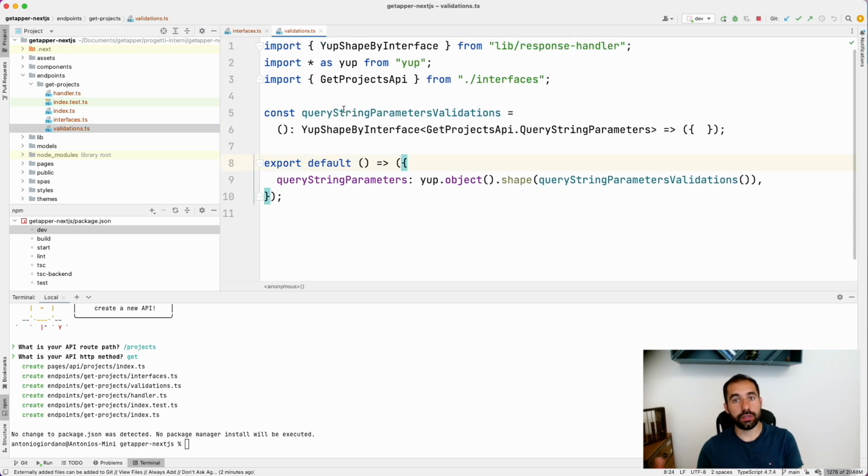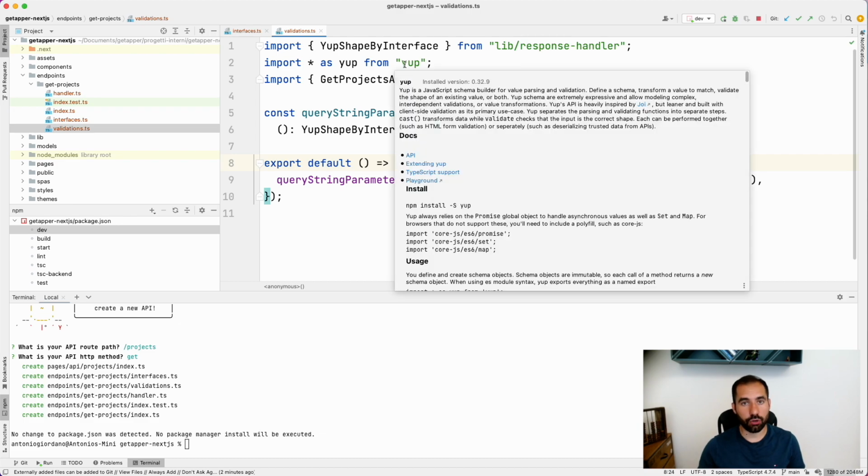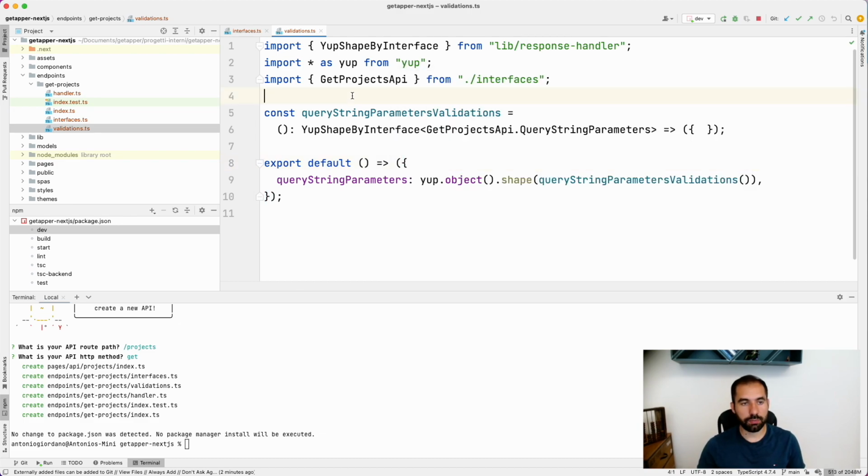So, as we already saw in the front-end part, we are using Yup, also from the back-end point of view, to validate the parameters coming from the front-end. This is a really important concept when building a RESTful server, because everything that is coming from the front-end, we cannot trust. Even if we build our form with all the validation, it is perfect, it looks very nice, we cannot rely on what we've built in the browser, in the front-end part,